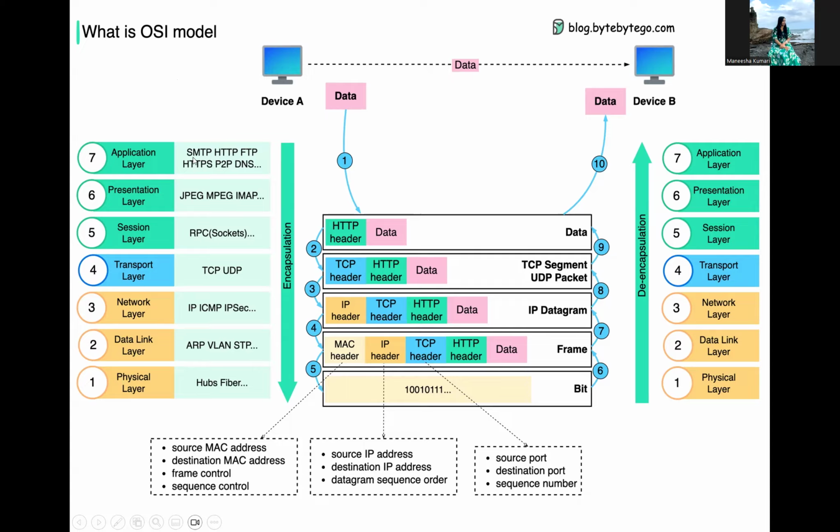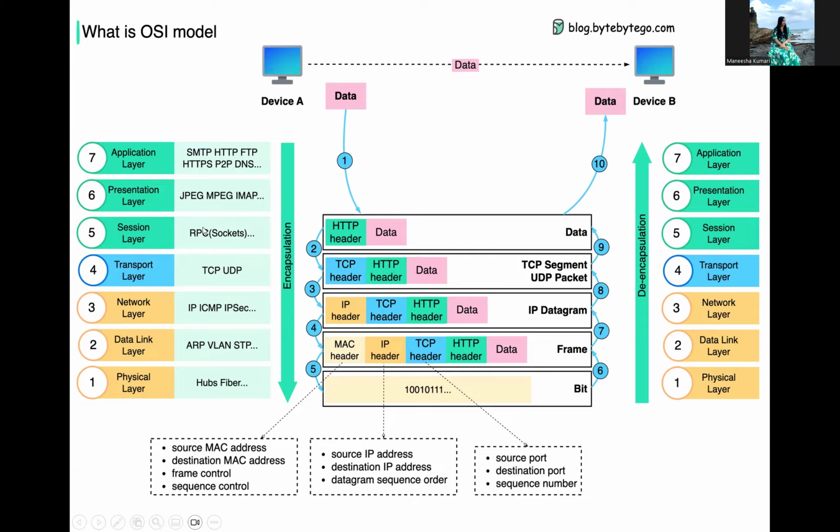It will go from the application to the presentation layer. At the presentation layer, the formatting happens, like encryption, introducing an encryption key to protect the data, or compressing the data. Then it is transmitted to the session layer,